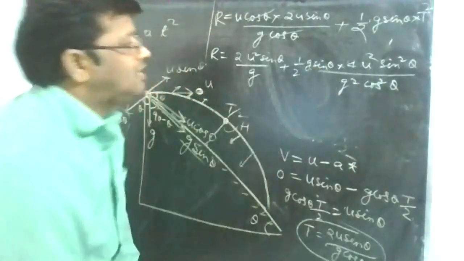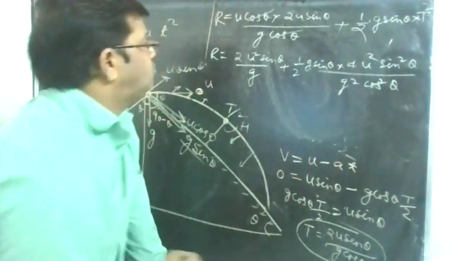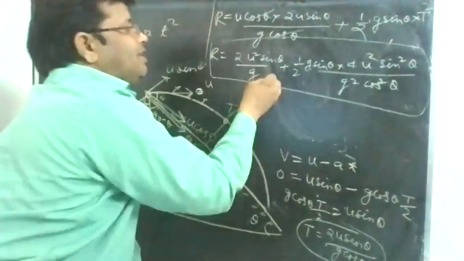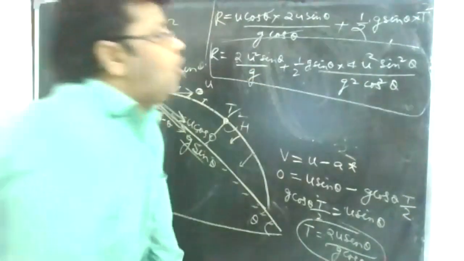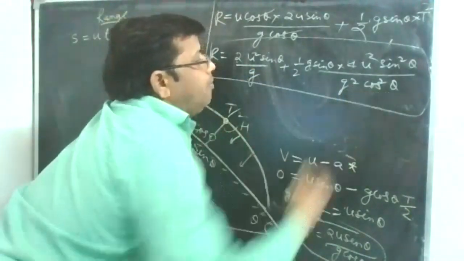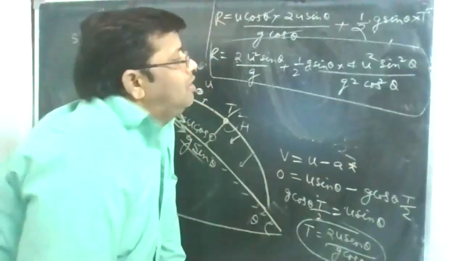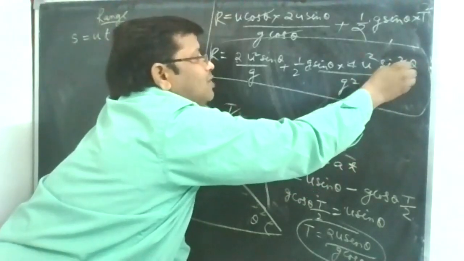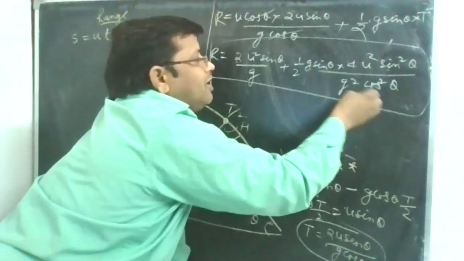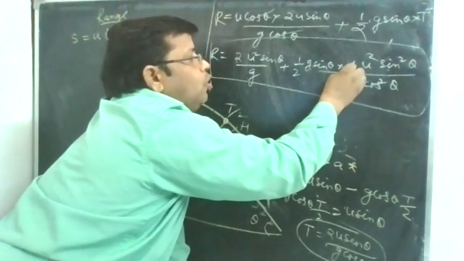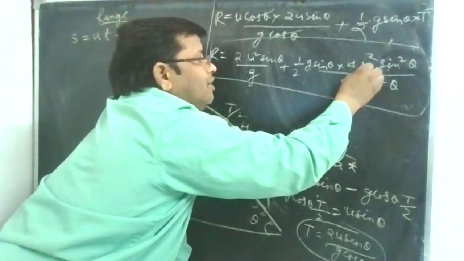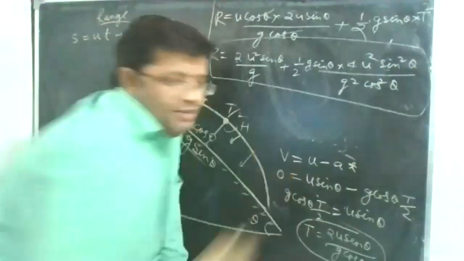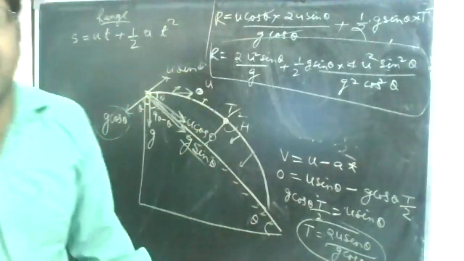बेटा g से g कैंसिल, 2 से 2 कैंसिल, तो बेटा इक्वेशन आपका ये आ जाएगा रेंज का। इसको सॉल्व कर लेंगे बेटा, इक्वेशन आ जाएगा बेटा ये तो sin θ, और इसे क्या करेंगे बेटा, इसको बेटा sin² θ बाई cos² θ, बेटा इसको लिखेंगे tan² θ। तो बेटा हाफ जी से जी कटा, बेटा ये इक्वेशन आएगा 2u² sin θ इंटू tan² θ अपॉन g, ये आ जाएगा इक्वेशन।